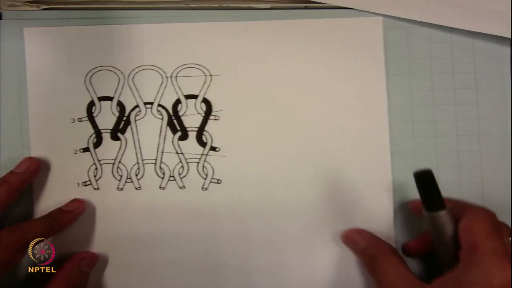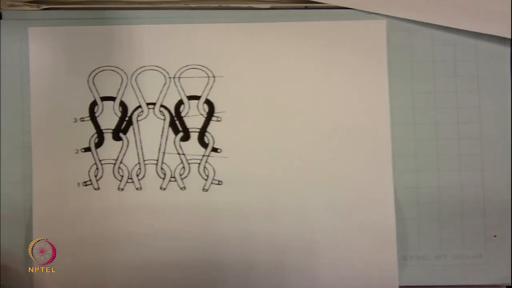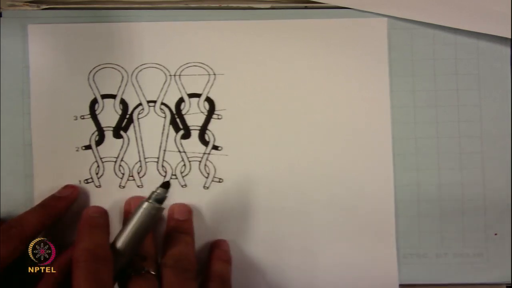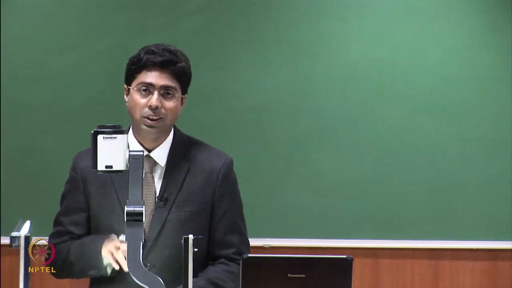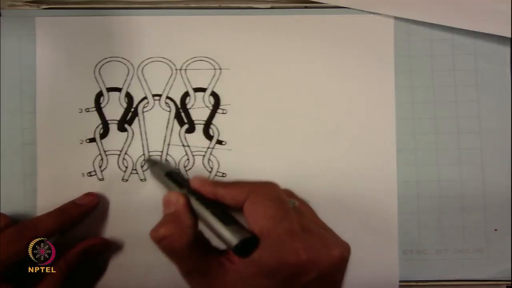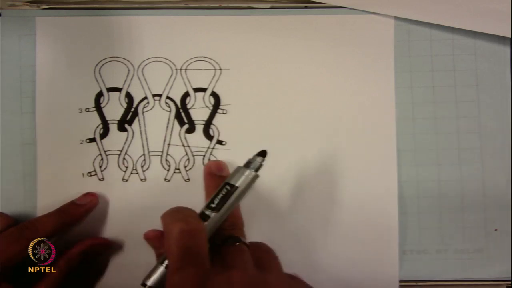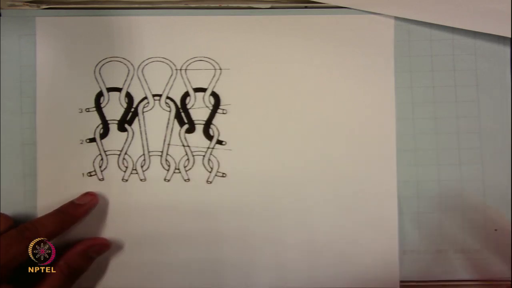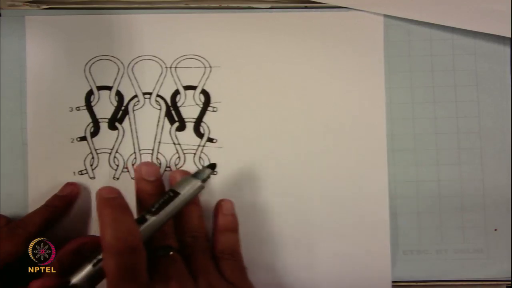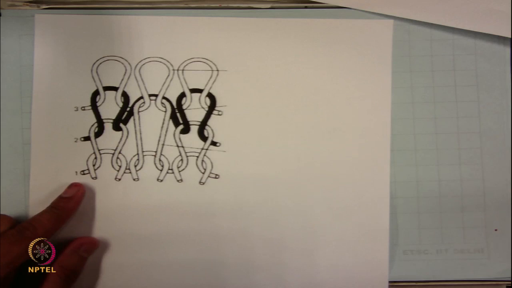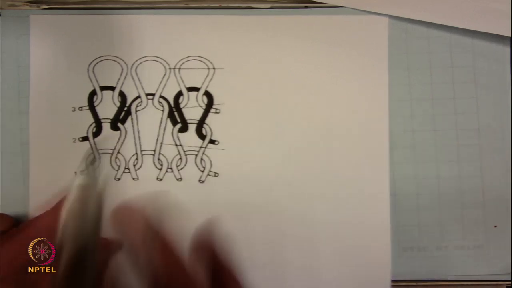So here again, if you want to represent, you have to first understand whether it is a single bed fabric or double bed fabric, or whether it is a single jersey fabric or double jersey fabric. So you see the nature of the loop first. If you see this first course, all loops are technical front side, it means all needles are doing the same operation. So naturally this fabric is being formed by a single bed, so that is why it is a single jersey fabric. Now the stitches are different.